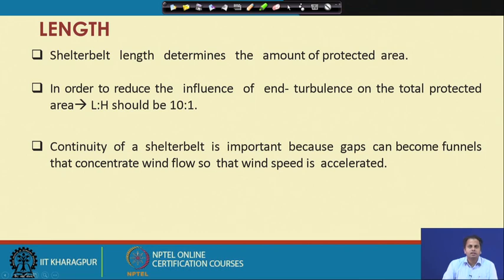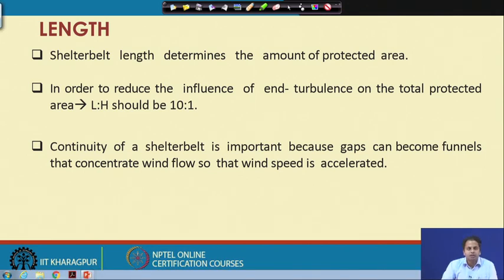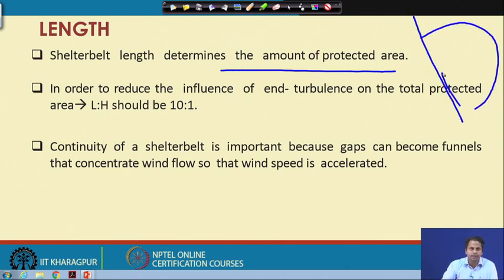Then the next parameter is the length. The shelter belt length determines the amount of protected area. So, the length of the shelter belt determines the amount of protected area downwind of the wind barrier.